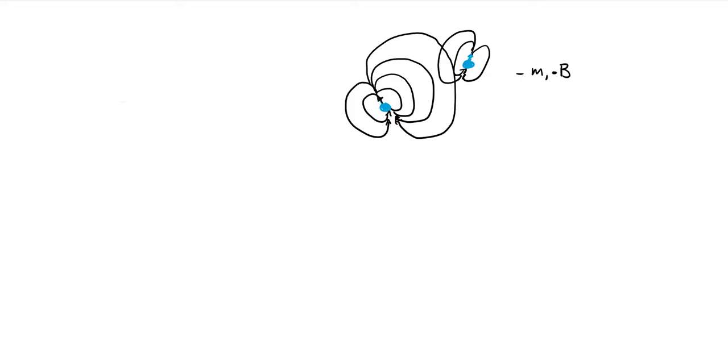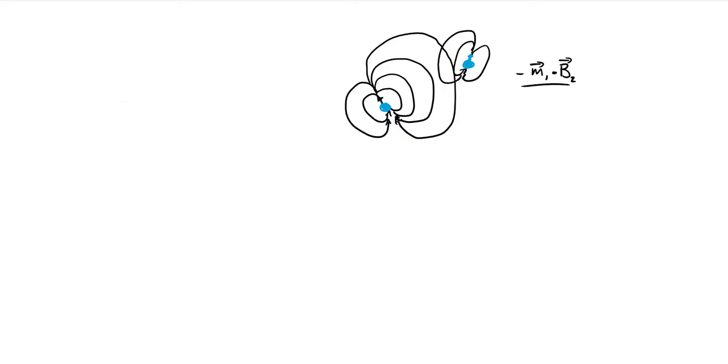And if you think of the electron as well as being a magnetic dipole moment, it's going to have its magnetic field lines. And the magnetic field produced by one is going to interact with the dipole moment of the other. And if we look at just classically the energy of that interaction between the magnetic field and the dipole moment, it's equal to the dot product of the magnetic moment of the one with the magnetic field produced by the other.